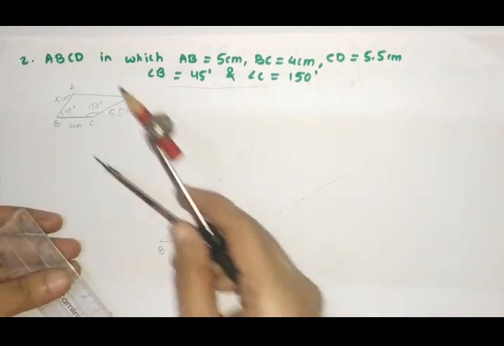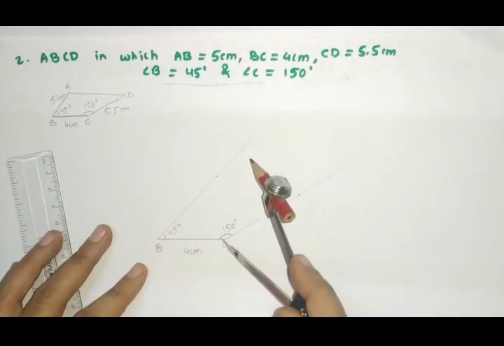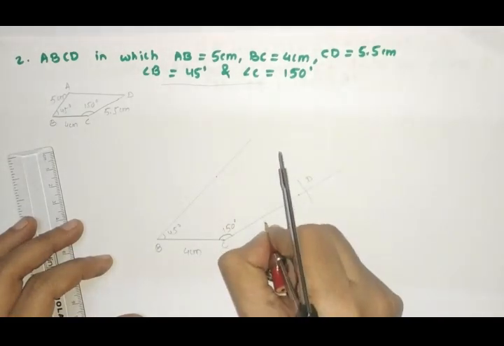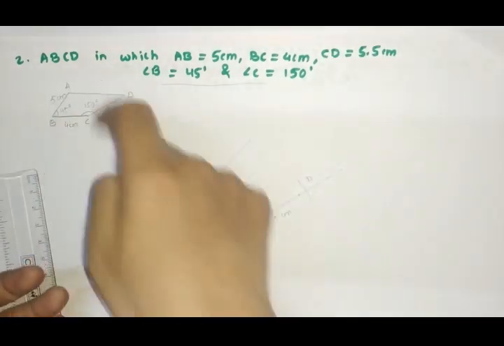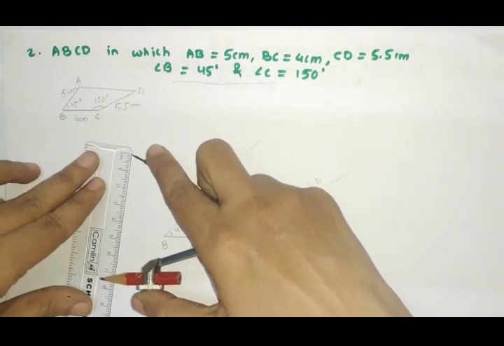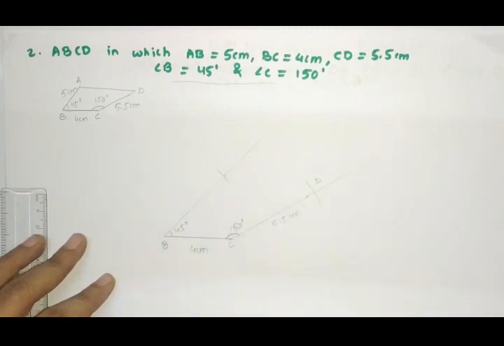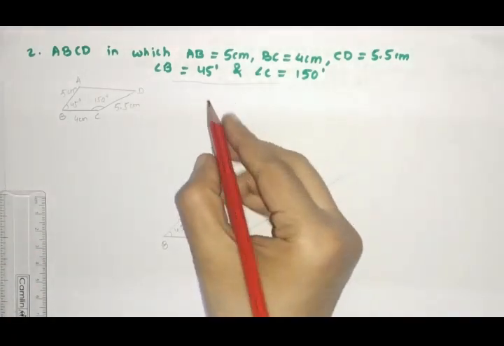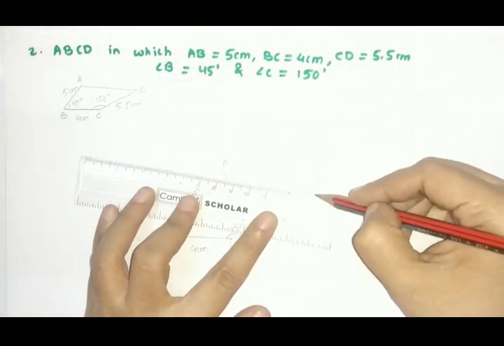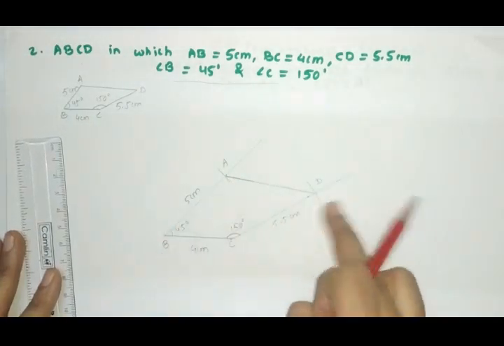So friends, now we'll draw C to D. This is a radius measurement of 5.5. So with C as a center, we'll cut here somewhere. We got a point D. This is point D with 5.5 centimeter. Now from B to A distance is 5. So just take the radius of 5 centimeter. So from B to A, this is 5 centimeter. So write down here A, this is 5 centimeter, and now whatever two points you got, simply join them. So in this way, this is our quadrilateral ABCD.